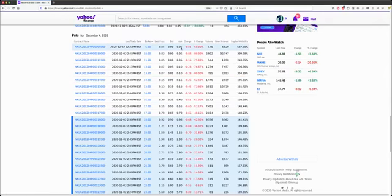I wouldn't use this number as a quote because it could be different once you get inside your brokerage account. But what you're going to see is that the premiums of these particular contracts are going to start to erode very, very fast. Why? Because they're expiring right on Friday. And you've got to understand that when you have these types of situations, a lot of people, because they really don't understand what I call the fundamentals of the situation,